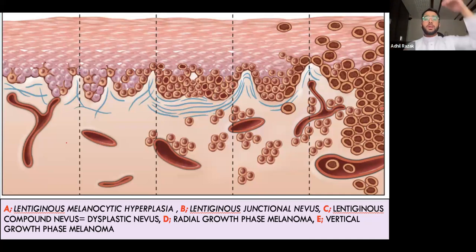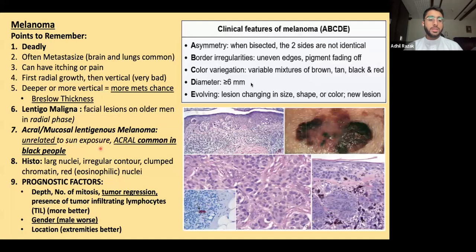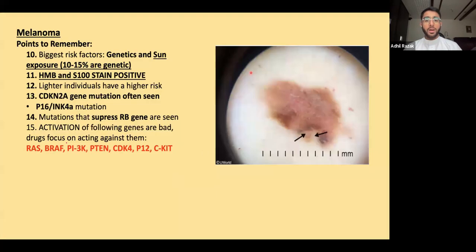But by E, there is vertical growth. And with more vertical growth, there is a worse stage. It implies a worse stage of melanoma, and it implies a higher risk of metastasis. The study being used for this is called a Breslow thickness study, where you take the section and check the infiltration of the melanoma. And the more infiltration there is, the worse the prognosis. All right,